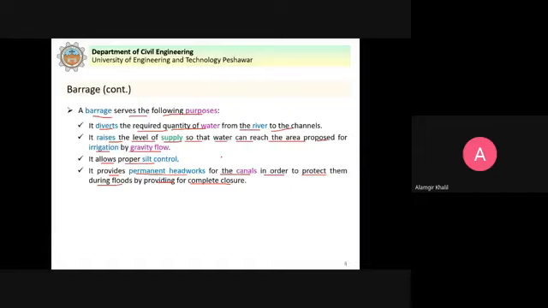So these provide permanent headworks for the canals and protect them during the floods, because during the floods the barrage gates can be opened and the flood water can be passed through clear. And by providing complete closure, for example in the canal, we have the canal head regulator that can be closed, and we just open the gates of the barrage and let the flood water pass through.